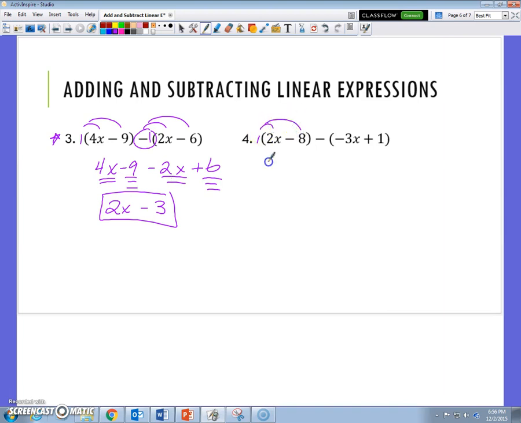Once again, let's distribute. 2x minus 8. And this negative 1 here, the whole negative 1 gets distributed. Negative times a negative is a positive 3x. Negative times a positive is negative 1. Let's put our